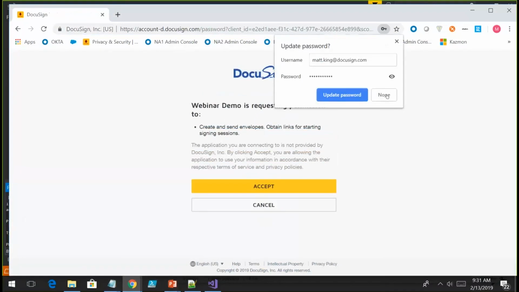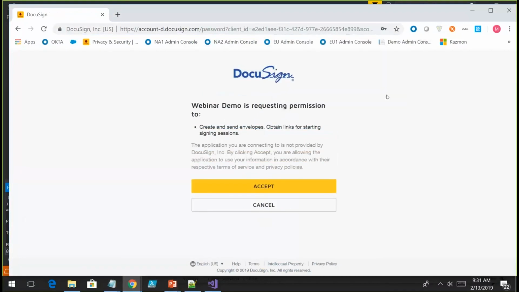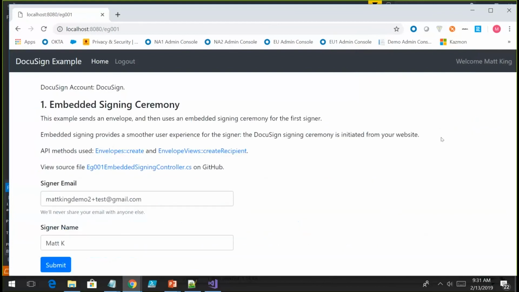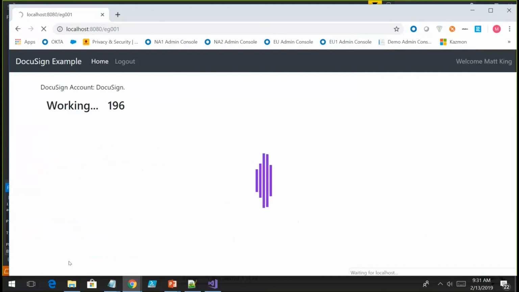And once you successfully authenticate, initially you will be required to grant permission for your token to be generated. And once you click that accept button, it's going to send back the code to the launcher, which will then finalize the exchange, where it essentially takes the code that's sent back from DocuSign and exchanges it for the bearer token that's then used to authenticate. And once the system picks up that this code is in place, you can go ahead and click on one of the examples. And you can see here we skipped the OAuth mechanism entirely because we already have our bearer token. And then at this point, we can go ahead and get started using the DocuSign API.